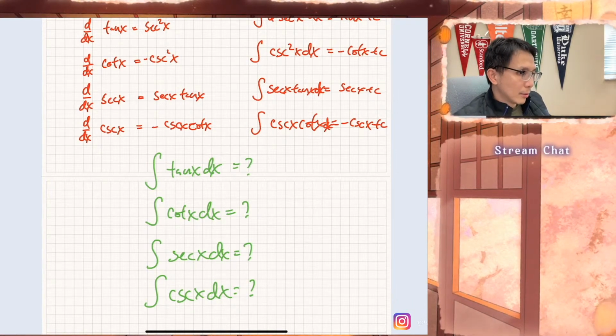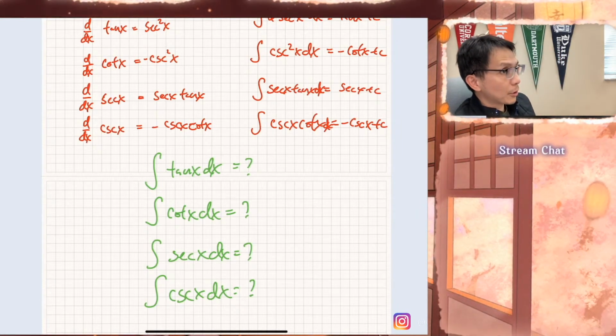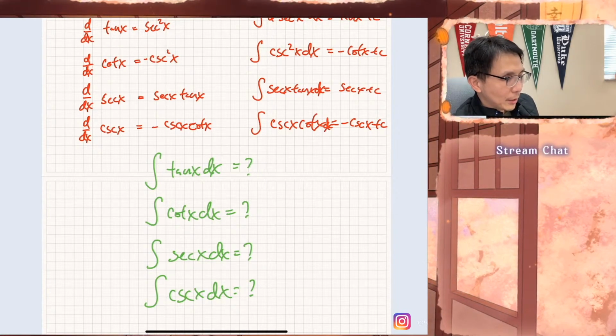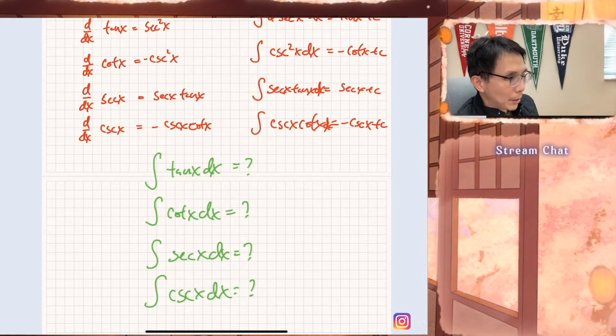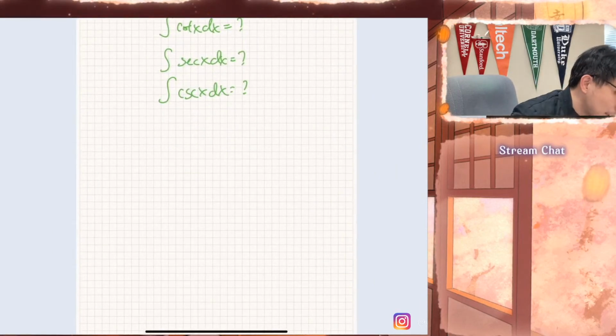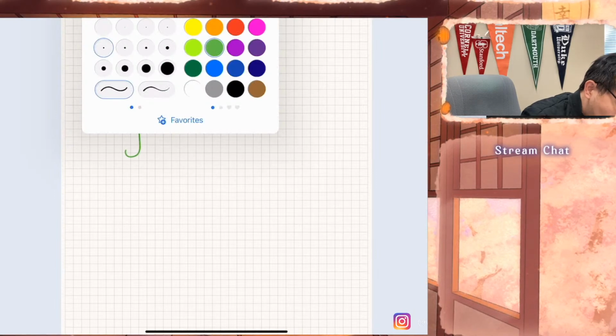Right, if you just have one, it would be like the root of something. So we still don't know this. You're not going to know this until chapter 5. But right now we're just going to deal with the basic derivative, the basic integration. So what's the integration of